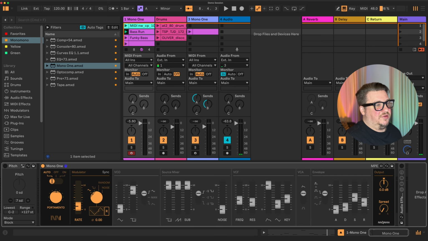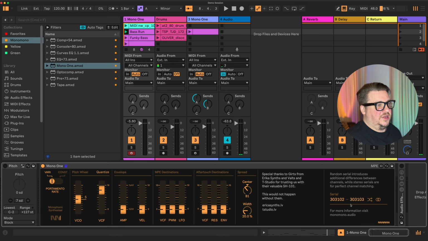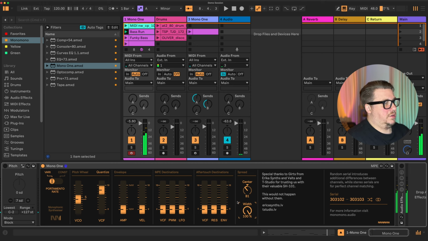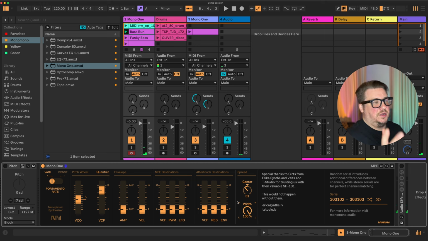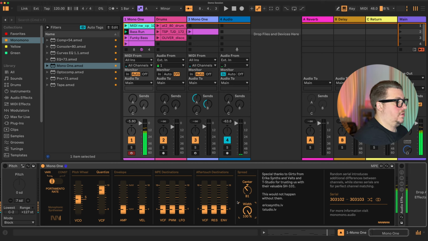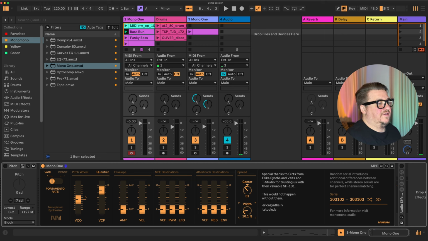So let me show you really quickly how it sounds. I'm going to increase the spread. So you can hear the note is now played on the right channel, hopefully, and the higher notes play on the right channel. Alright, and you can set this spread or the width however you like, and you can set the center depending